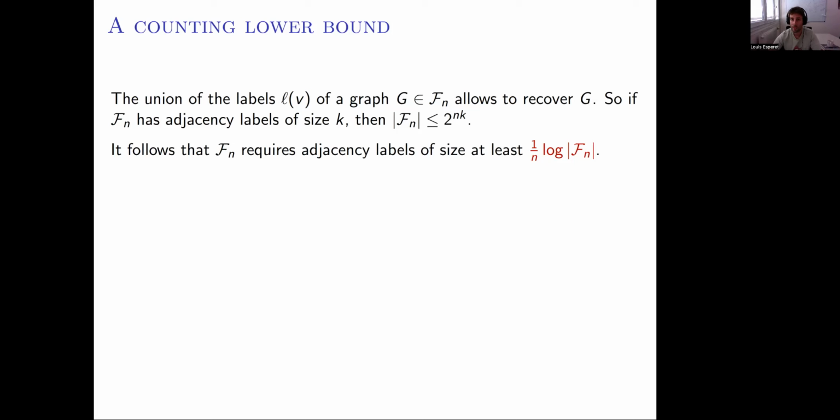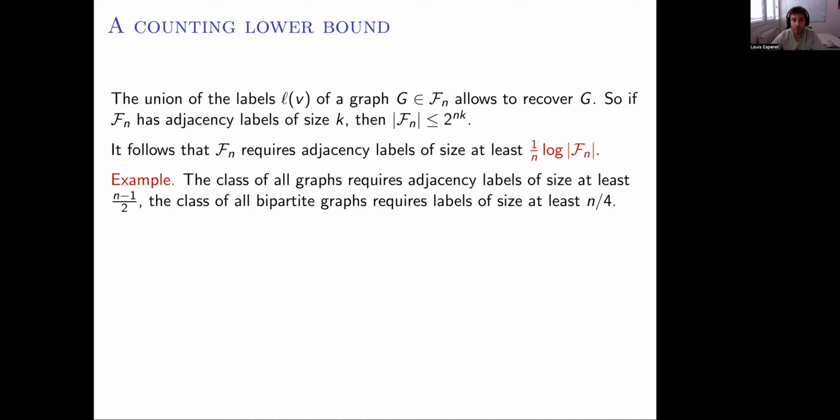All right, so this is the counting lower bound. You can't beat this lower bound. And so maybe let's see an example. The class of all graphs, you have 2 to the n choose 2 graphs. And 1 over n times log of this is exactly n minus 1 over 2. So you need at least n minus 1 over 2 bits for labels for the class of all graphs, and